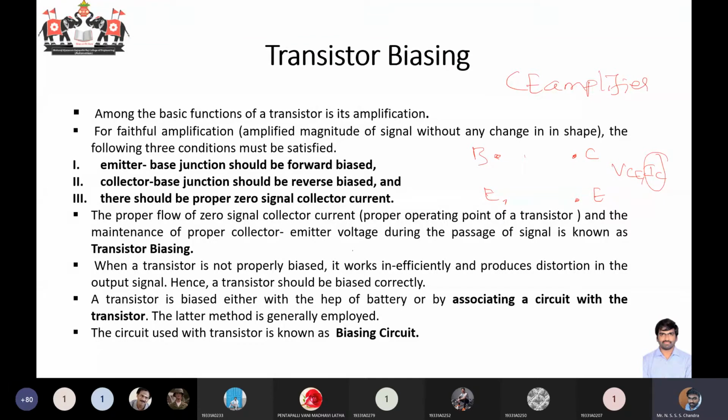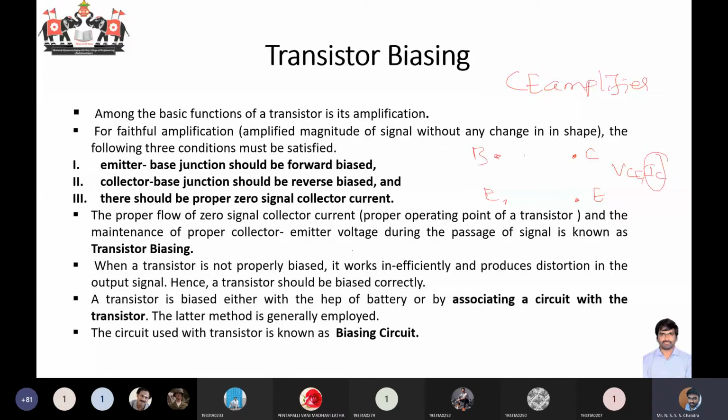Biasing can be done either by means of an external fixed battery source, or by means of an external circuit across your transistor. You'll be taking a voltage source. From the voltage you are not directly connecting to the transistor, but by means of resistors or some kind of network in between, such that you control the voltage given to the transistor, or the currents to the transistor. The current flowing into the transistor can be controlled. Okay, so in general this method will be used.